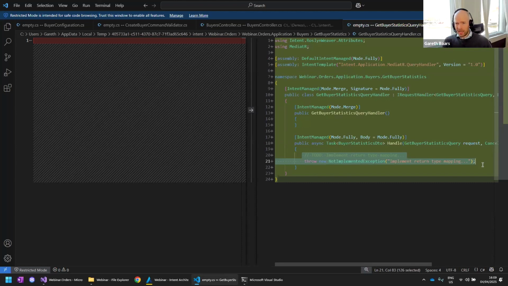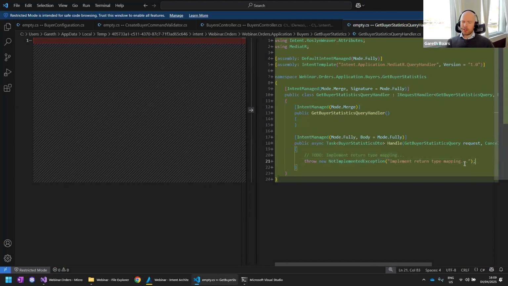Now, the reason that this is not implemented for us is, of course, because getting statistics out of a system is not predictable and repetitive, right? And so this really needs to ultimately fall to the developer to go and write this particular code to go and fetch out these statistics in a performant manner. And this is where we can leverage all kinds of things, like we can leverage AI or whatever else we can find out there. But ultimately, it's going to fall to the responsibility of a developer to make sure that this is done correctly. Now, this is, by the way, what we call the nuance of the application.